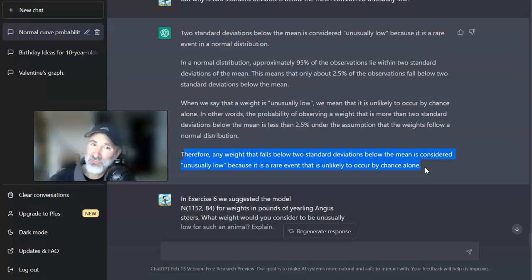People, I have to tell you this. If you were ever asked to answer a statistical question about normal distributions and you answered the question using this kind of language, I would be so proud of you. I have to say, ChatGPT did a great job. Now, why am I telling you this story?